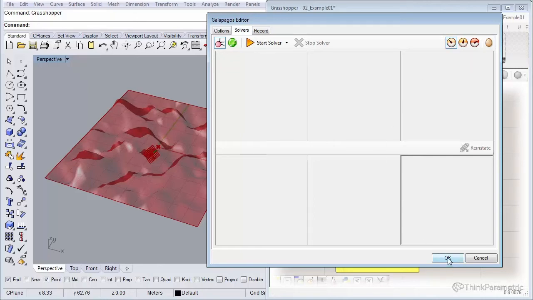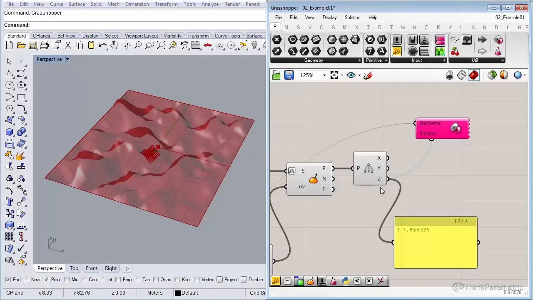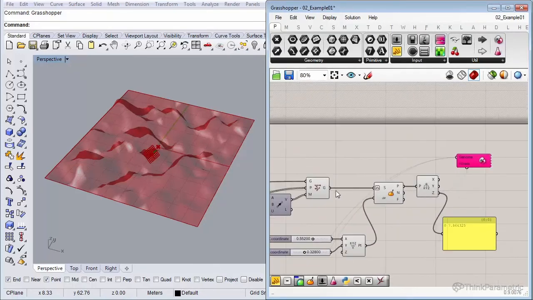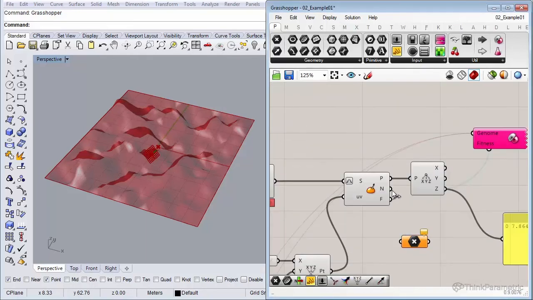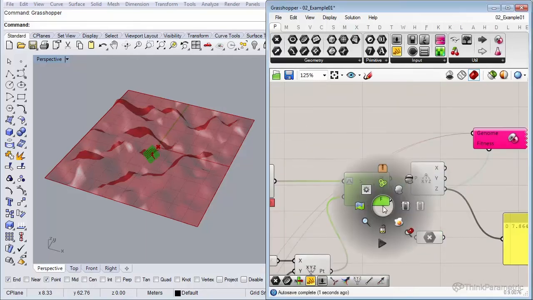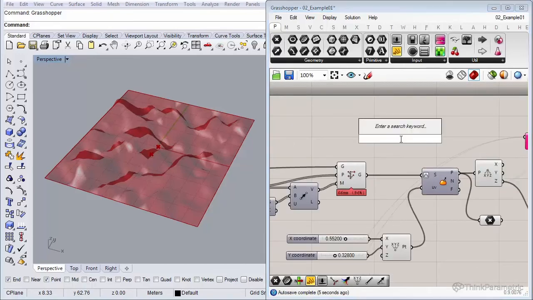And let's hit OK. Before we run it, let's visualize our point and our surface a little bit better, so we can see a little bit better what's going on. So let's insert a point component, and let's draw the wireframe of our surface.